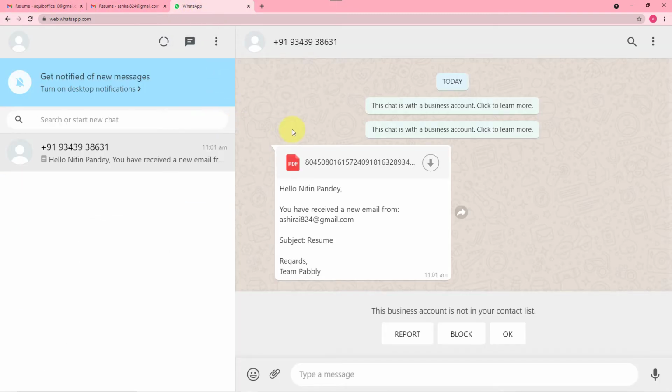Now you guys are wondering how I managed to bring this message here in WhatsApp without any manual compilation of this message, just by sending a mail or receiving a mail from a candidate. All right. So let me give you the easiest possible steps by which you can also learn to make this automation by yourself. All right.